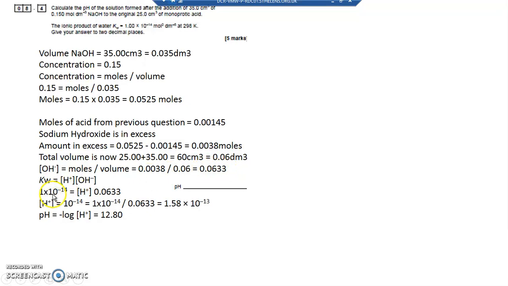0.0633. So 1 times 10 to the minus 14, which is Kw, equals the H+ concentration multiplied by OH- concentration, 0.0633. H+ concentration is 1 times 10 to the minus 14 divided by 0.0633, which is 1.58 times 10 to the minus 13. So I've now got my hydrogen ion concentration. pH is minus log to the base 10 of that, 12.8, which seems reasonable for a strong alkali or a